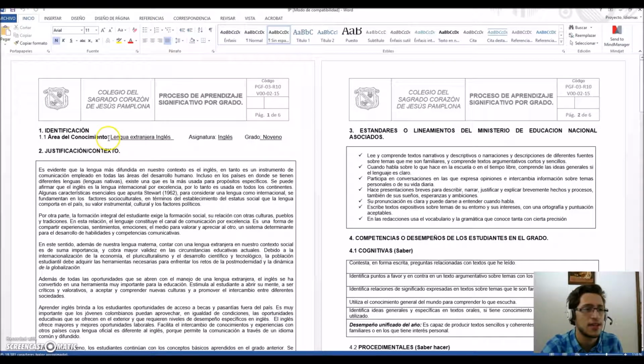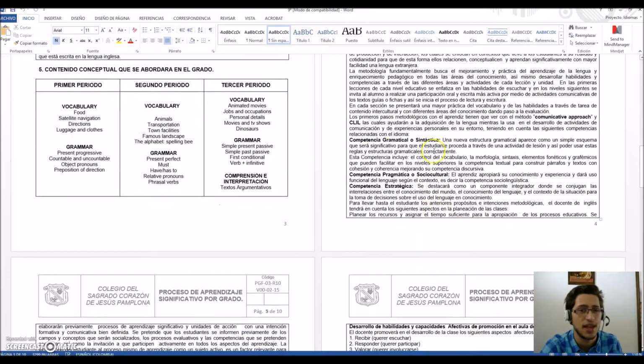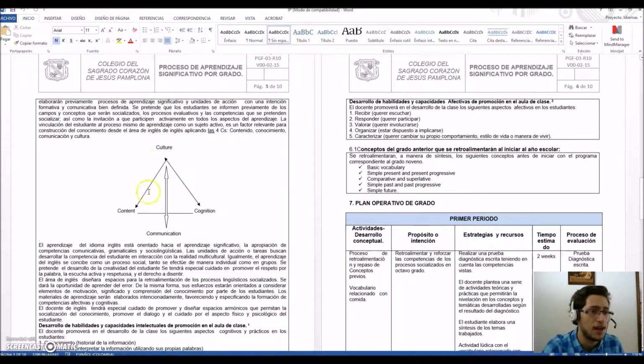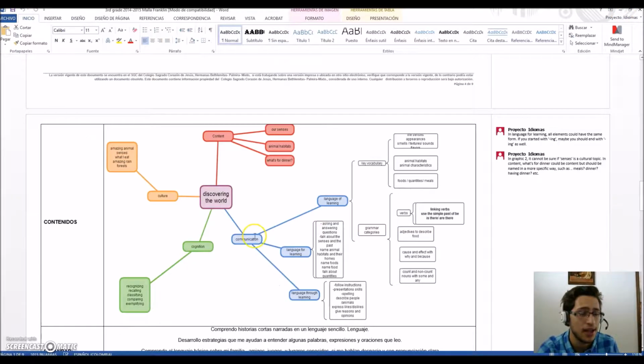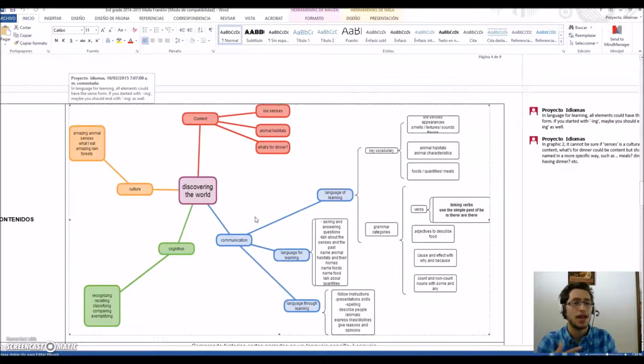In high school, we found that you actually mentioned the 4Cs and you mentioned CLIL as an approach, and we are very happy to find that. And here are the 4Cs. However, they are not developed. What do we mean by developed? The idea is that just like here in Palmira, you take the book and you find these 4Cs in the book and you put them in the plan.